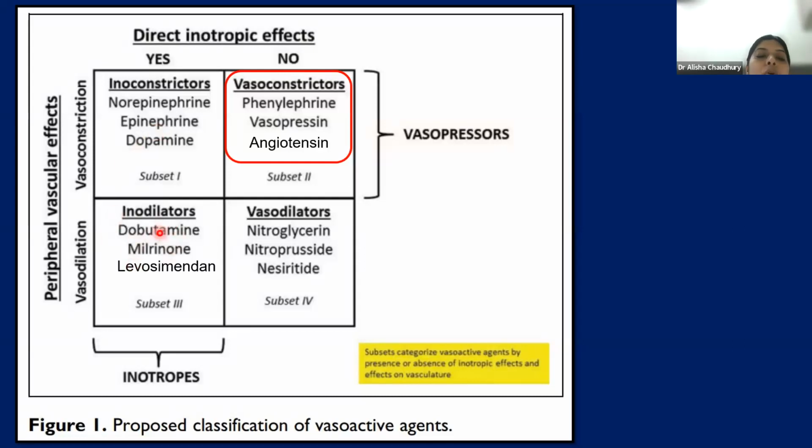Similarly, when we look at dobutamine, milrinone, and levosimendan, they are known to be called as vasodilators. But are they pure vasodilators? No. They reduce the systemic vascular resistance, stimulating the cardiac contractility. That's why they are called as inodilators. So,